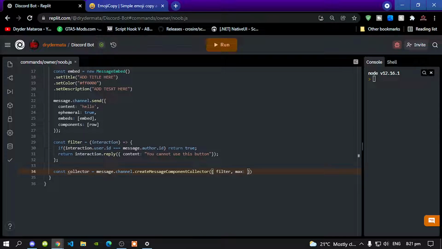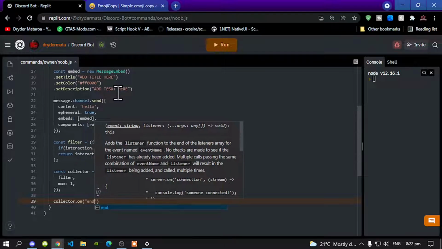max, and then add that in. Now let's make this a little bit prettier, and then now go like that, and then like that, back one. Now to create the last one, we need to do this. Collector, there you go, collector dot on, collector dot on, and now we need to end the command,